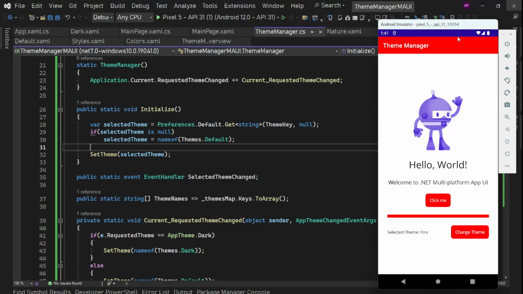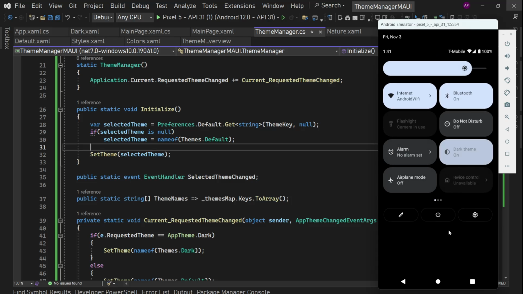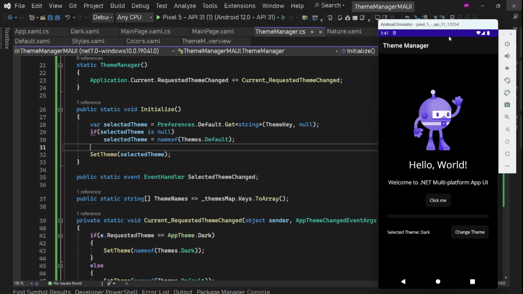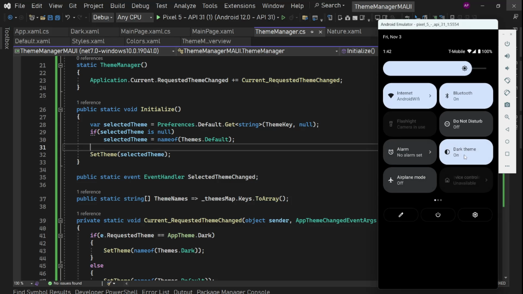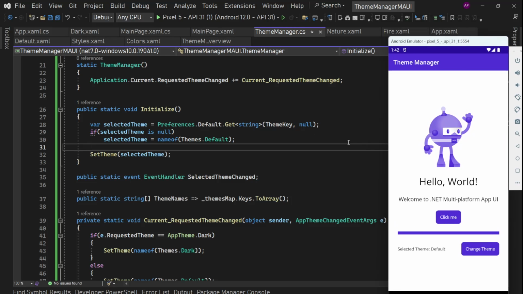Cool. Next thing was, if I am on fire and I go to dark theme, this is dark theme. Now if I remove dark theme, it went back to default, but it should have gone back to fire. So for this we need to have state as well. For this, what we'll do,